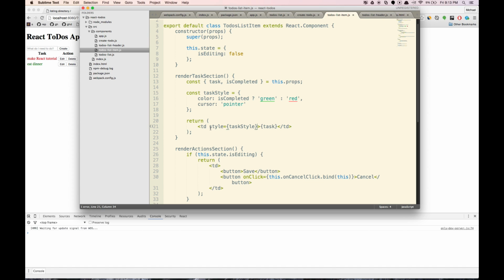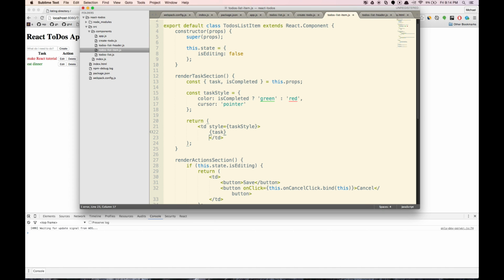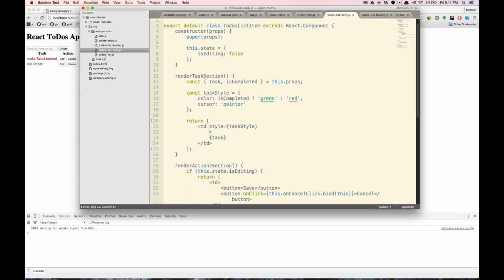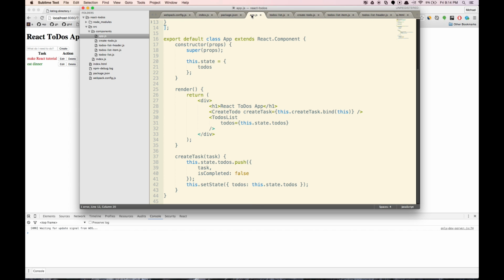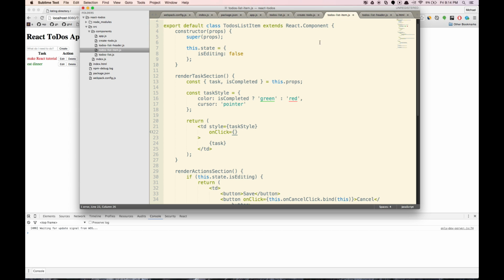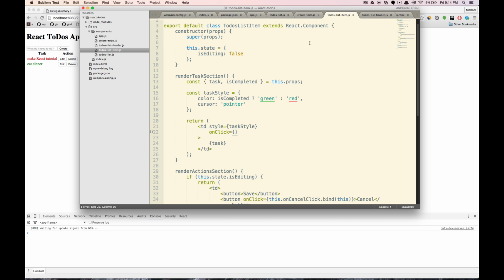So let's just make a multi-line just to make it a little bit cleaner. And look how much fun React is. Let's just create that down here. And let's just say on-click. So on-click, we are going to, again, want to modify this array in our app.js. So we're not going to do our method here. We want to access another method in our app.js. So let's just call that